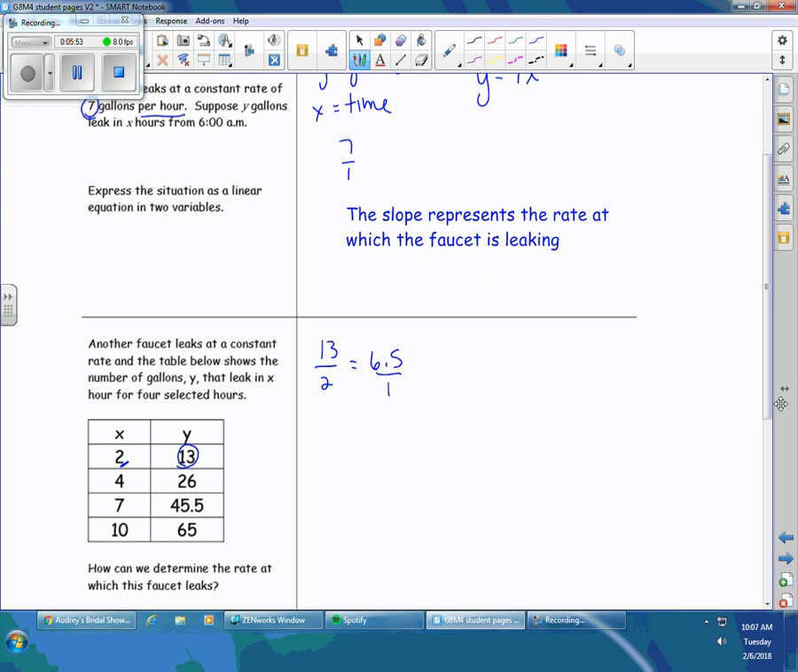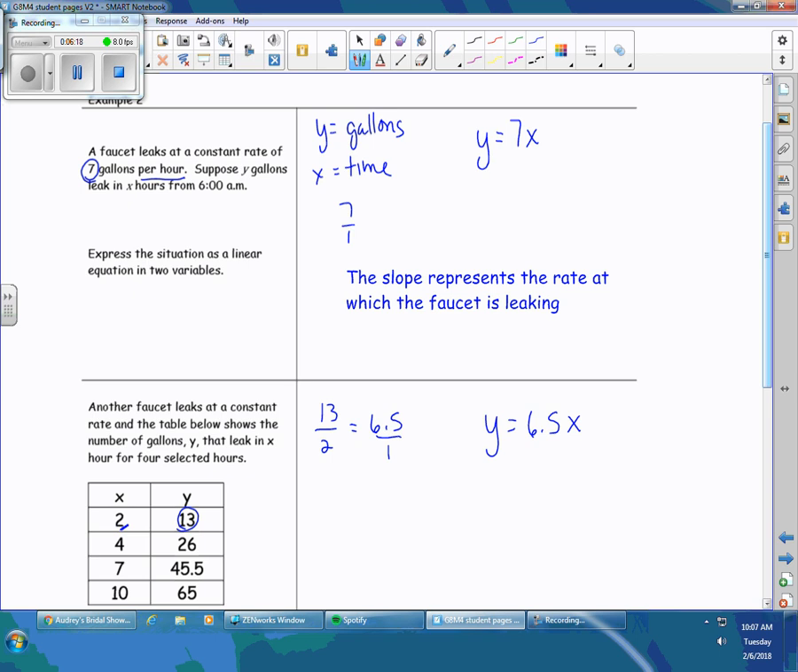And if I'm writing this equation, I'd have y equals 6.5x, and x would be the number of hours. I want to make sure that my unit measure, like per hour, is the same when I'm comparing things, because saying 13 gallons in 2 hours and trying to compare that to 7 gallons in 1 hour, it'd be hard to make that connection of is one greater than the other. Whereas if we have the same time interval, the 1 hour,